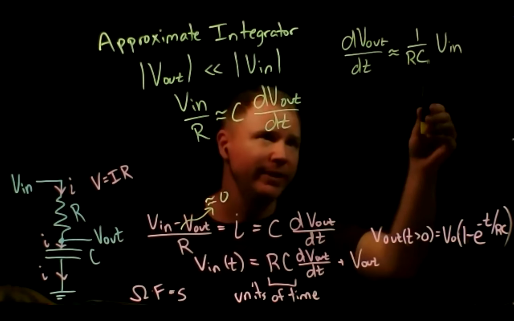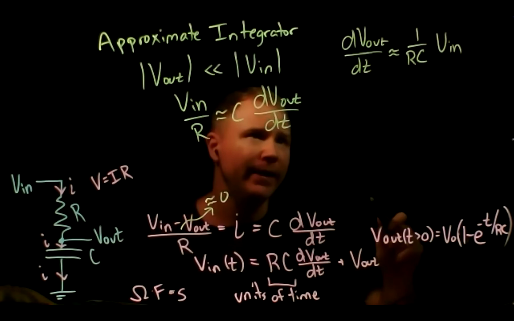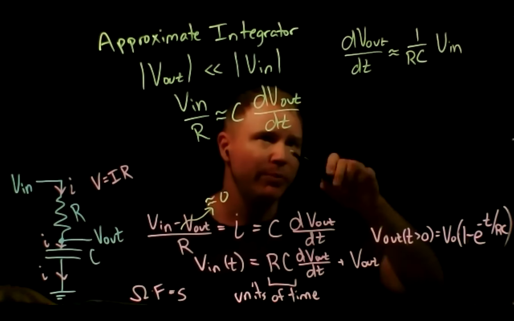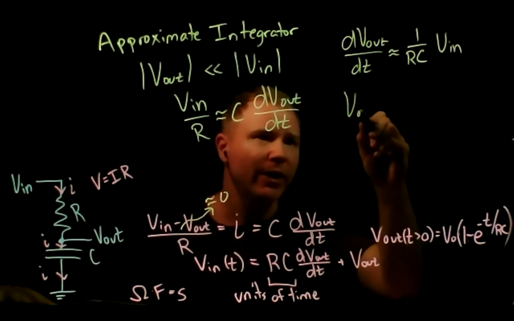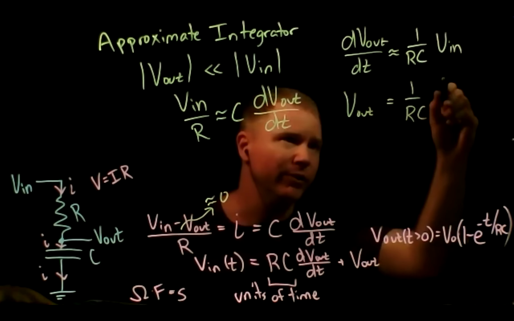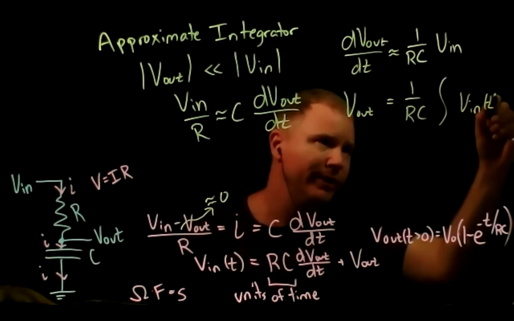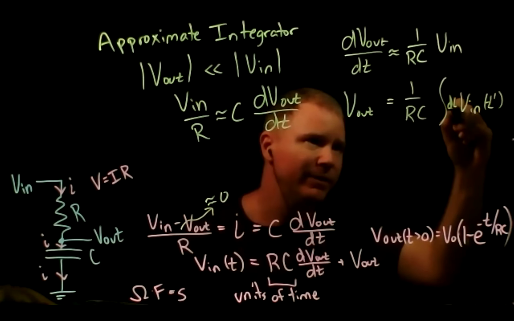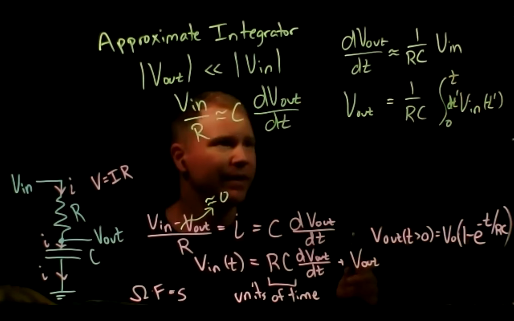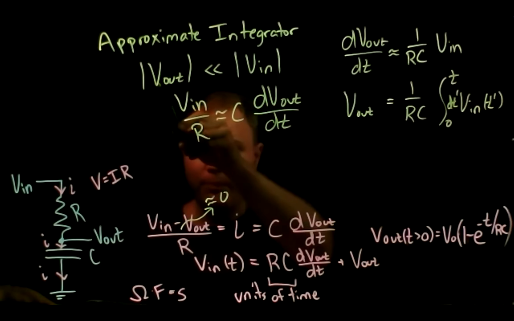Okay, so units still make sense. This is a voltage over a time, a voltage over a time. And if the derivative of the output is proportional to the input, that means that the output itself, V out, is going to be the integral of the input. And we can be formal here and put a T prime and dt prime and integrate from 0 up to some T. But as long as you keep the output voltage small,